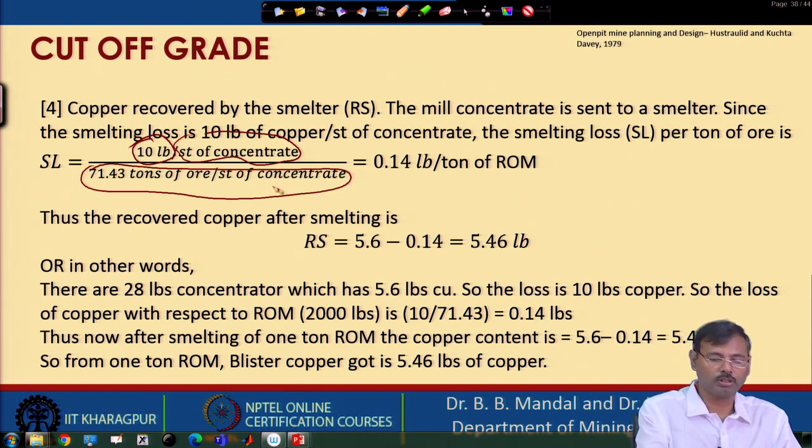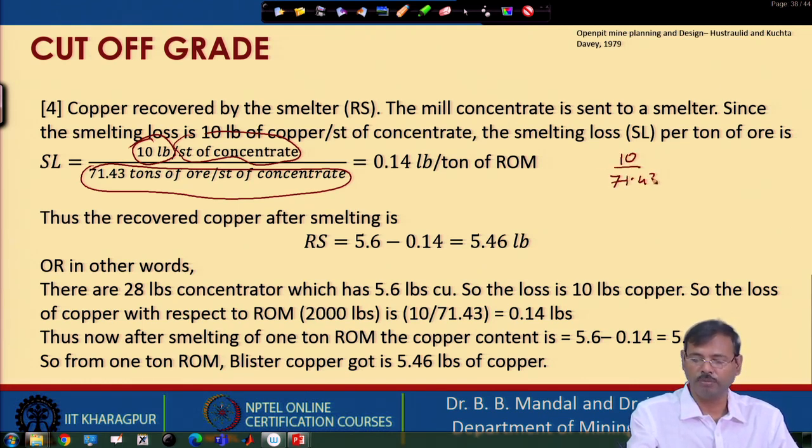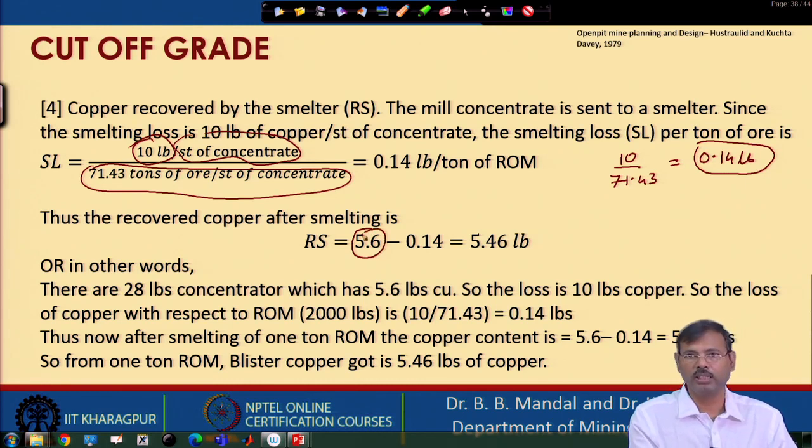So, that is why this short ton is cancelled. This is 10 by 71.43. That means, if we are sending 1 ton of ROM, then there is a smelting loss of 0.14 pound of copper. So, our 5.6 pound was there in the concentrate after the mill. In smelting 0.14 pound is lost. So, after smelting, whatever blister copper is produced, this much pound of copper is available in that blister copper,